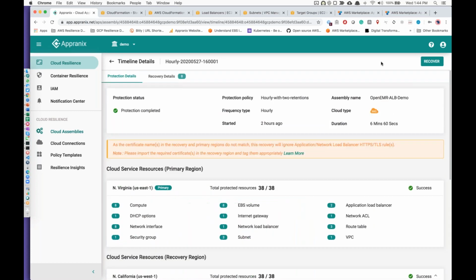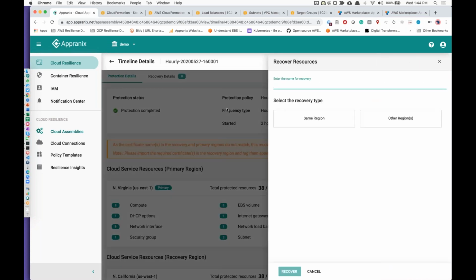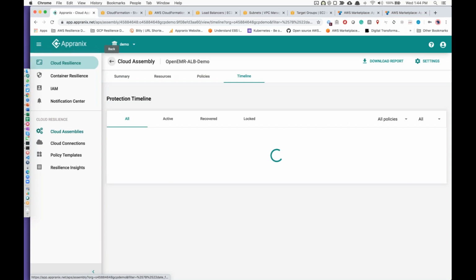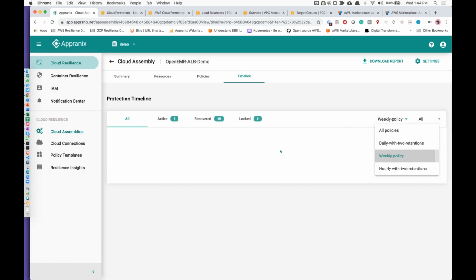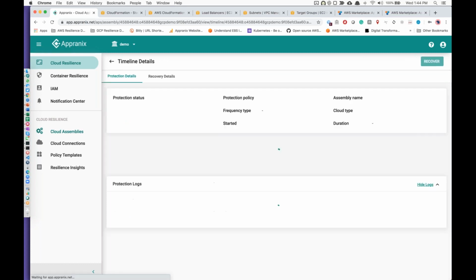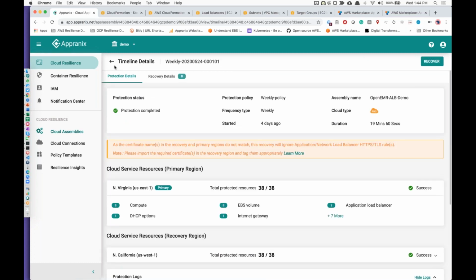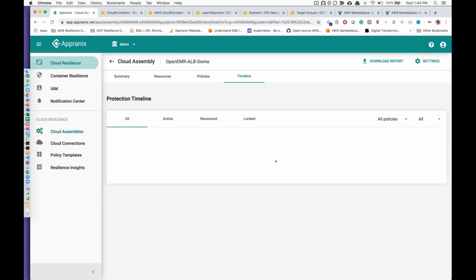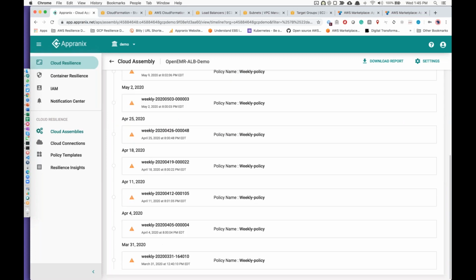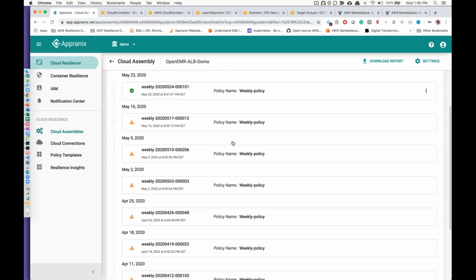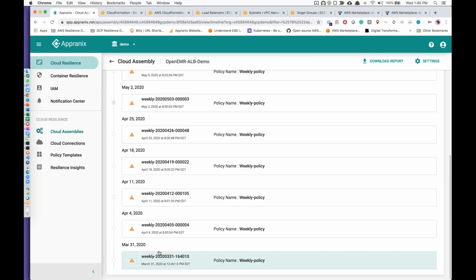So what we are going to do is to click that button to recover at any point in time. So you can go back in time, for that matter. You can go back and say, I want to recover from a week ago. So you have the policies, weekly policies. So I go to May 23rd, right? Or I want to go back maybe a month ago. And I hope I have a monthly policy here. Unfortunately not. So let's go back to previous weeks. Weekly policies, as long as you have the policy, it automatically takes care of lifecycle management. So you can go back, but my weekly policy allows only 2 months.